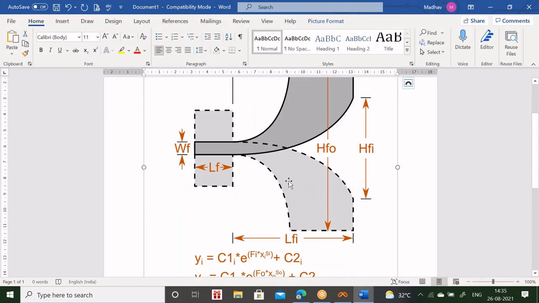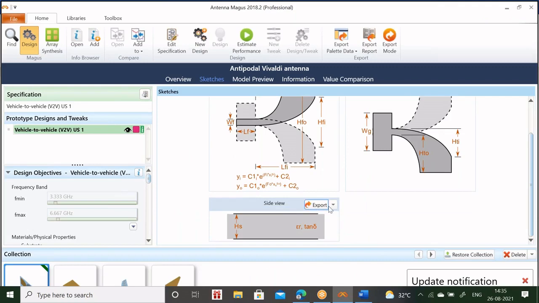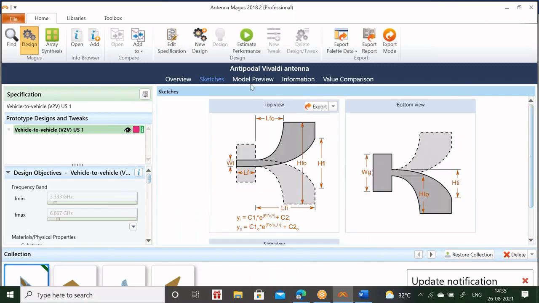And whatever image is there, you can directly copy and paste it. So two options are there. Any image you can copy and paste, and you can export in JPEG or PNG formats.